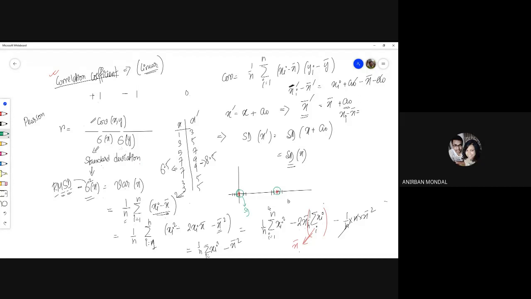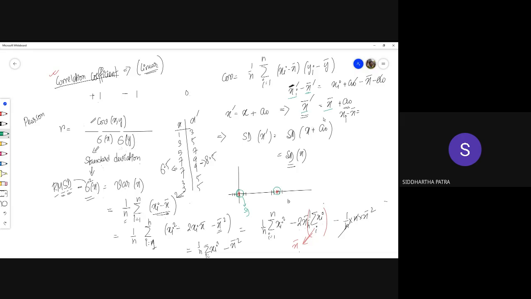স্যার বুঝেছি, বাট মানে কোরিলেটটা করতে পারছি না, মানে প্রবলেম হচ্ছে। এই পার্টটা বোঝা যাচ্ছে যে x bar prime is x prime plus a0, বোঝা যাচ্ছে তো? Then subtract from individual x prime I, subtract its mean value. মানে স্যার x bar prime equals x bar plus a0, মানে গ্রাফে যেখানে বললেন যে 10 করে প্লাস করলে তাহলে মিন ভ্যালুগুলো শিফট করে গেল, এই জিনিসটাই তো গ্রাফে বলছি। হ্যাঁ, একই জিনিস বলছি।